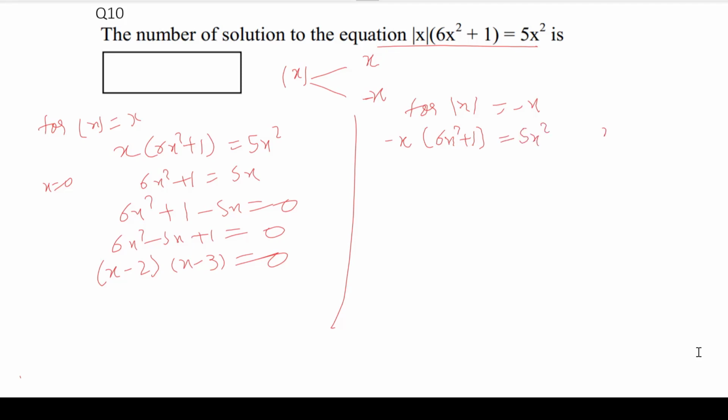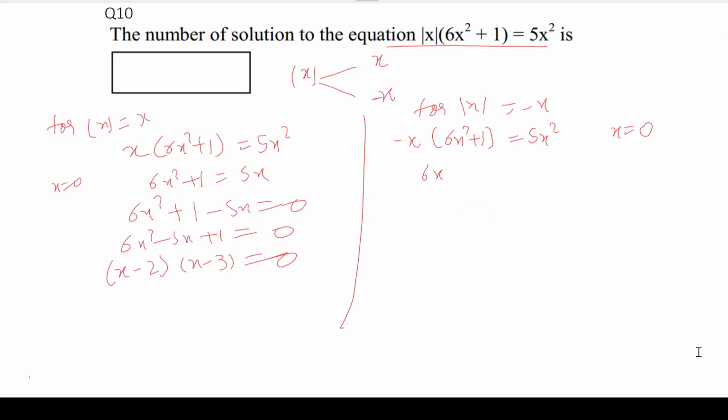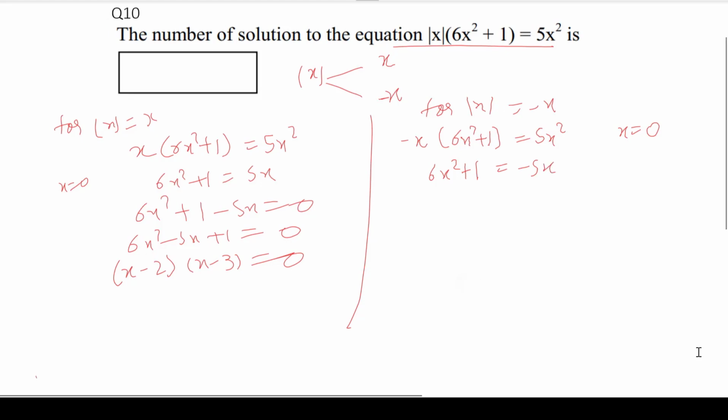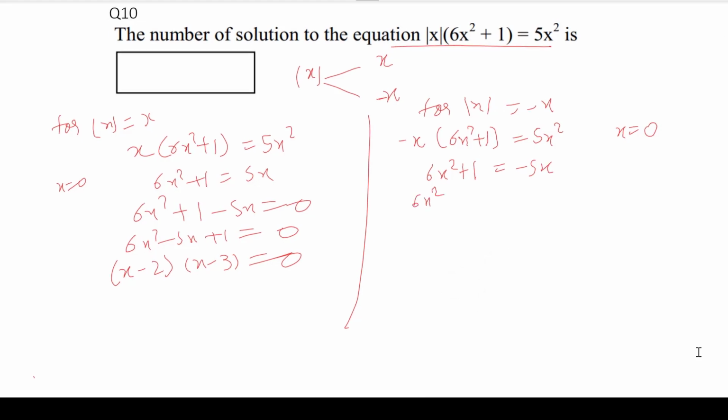Again one solution will be x equal to 0, and 6x square plus 1 equals to minus 5x. This will be 6x square plus 1 plus 5x equals to 0. So again this is quadratic and this will have two solutions, 6x square plus 5x plus 1 equals to 0,